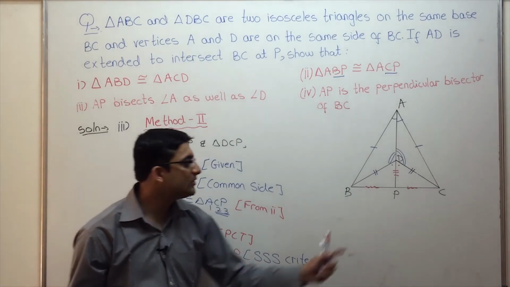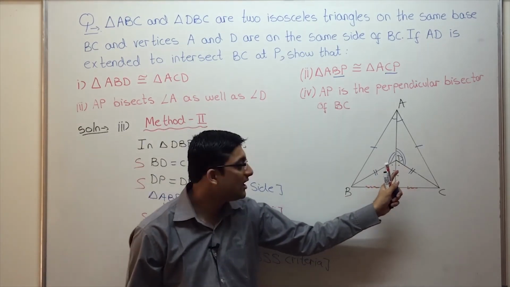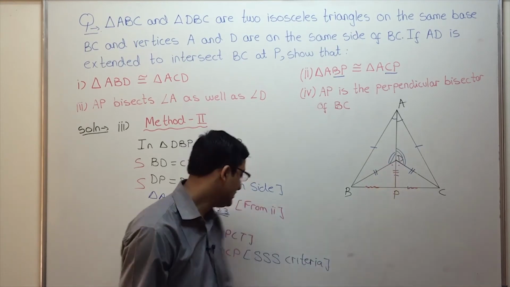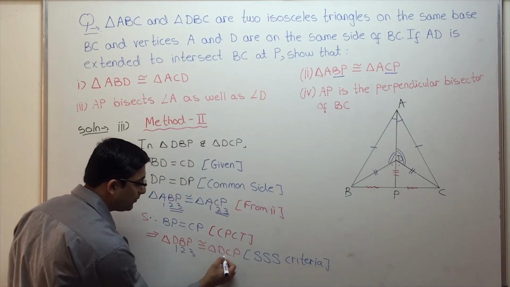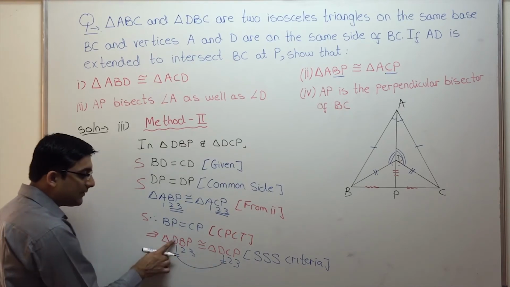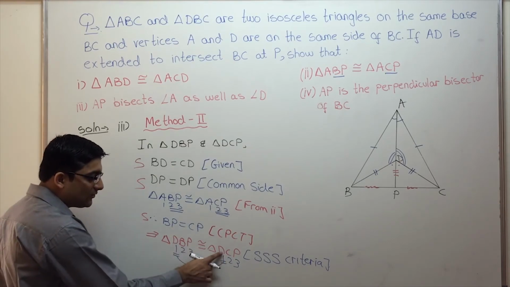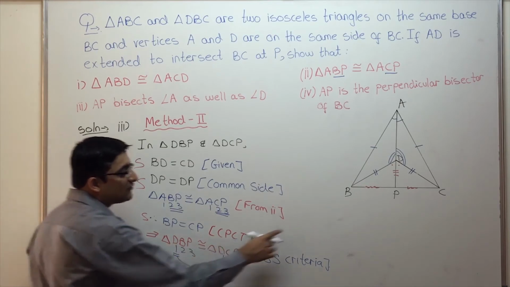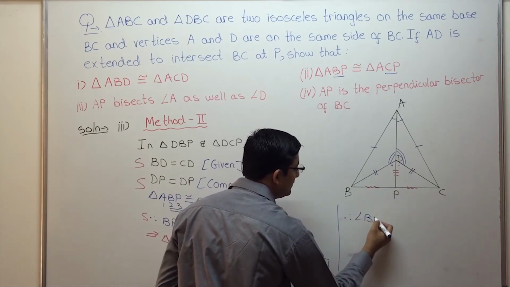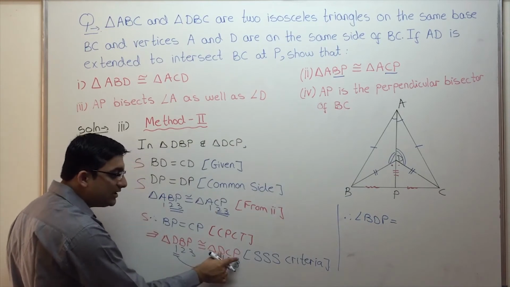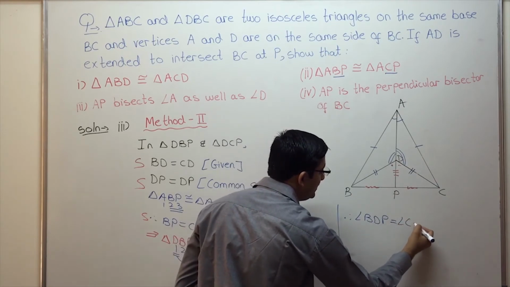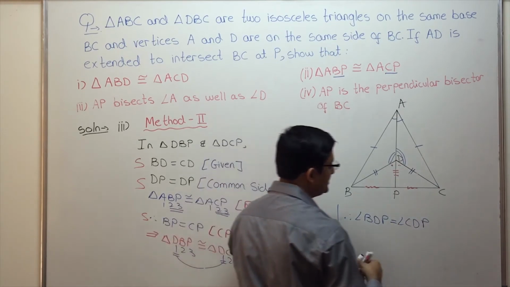The moment two triangles are congruent, these two angles are equal by CPCT. How do we get it? This over here is angle D of this triangle. This over here is angle D of this triangle. Let's check. Label this 1, 2, 3, 1, 2, 3. So where is D over here? First letter. So first letter will correspond to first letter. That means angle D of this triangle is equal to angle D of this triangle. So what is angle D of triangle DBP? This over here. So therefore this angle, that is angle BDP, is equal to angle D of this triangle, which is this over here, that is angle CDP. What is the reason? CPCT.